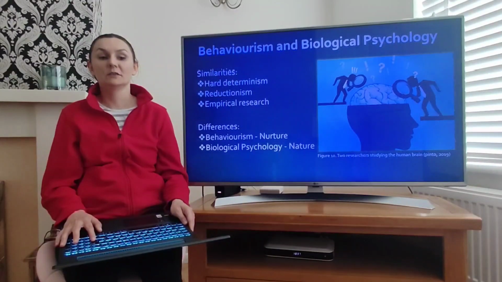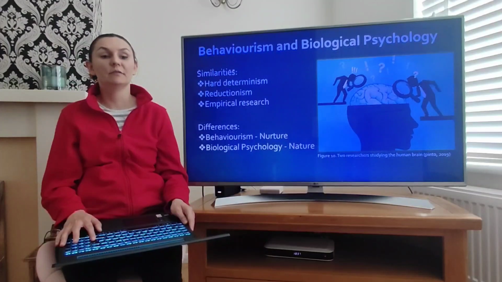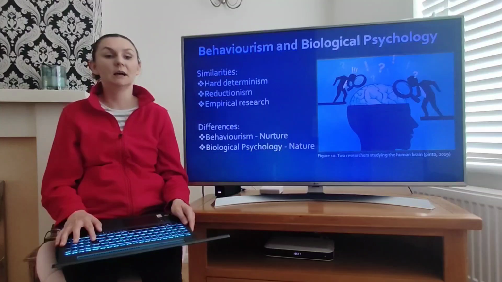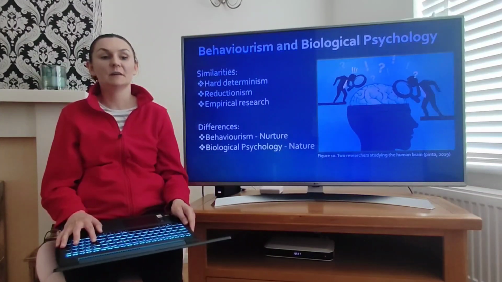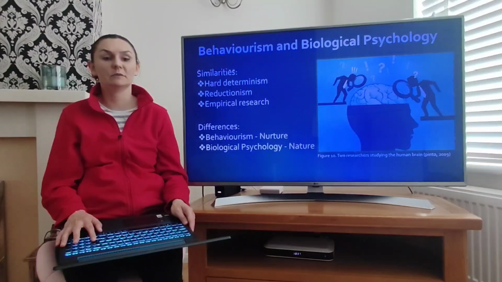Number two, reductionism. Reductionism relates to how the research was performed. Study only isolated elements of subject behaviors and mental processes divided into smaller, simpler components. Behaviorism presents a simple response related to human and animal environmental stimuli, for example, a dog salivating when a bell rings. Biological psychology takes a wide spectrum of behavior to a simplistic physical level.